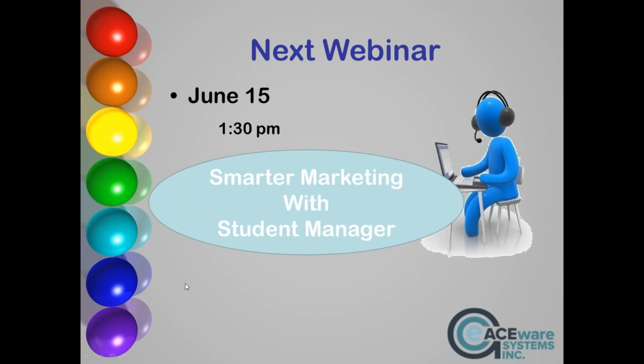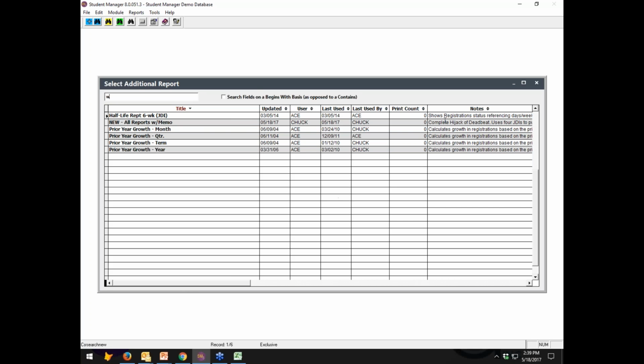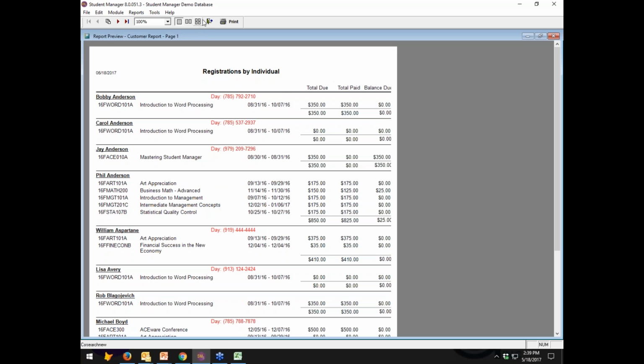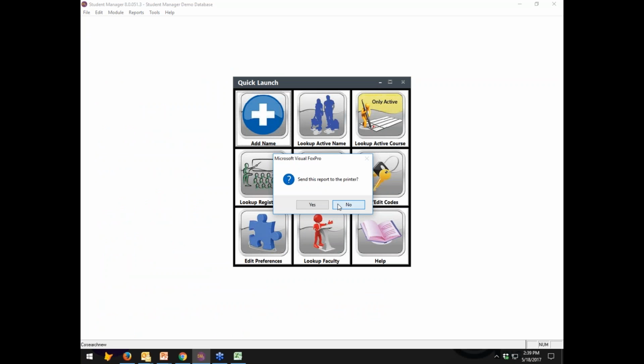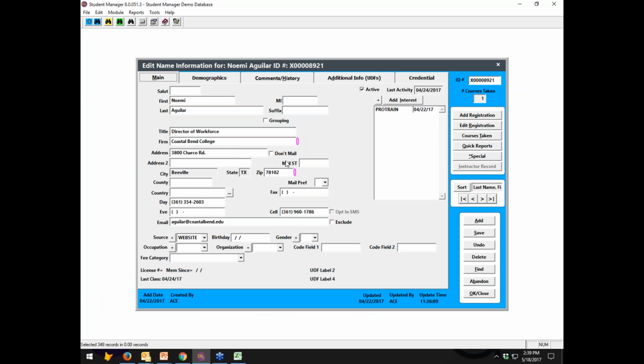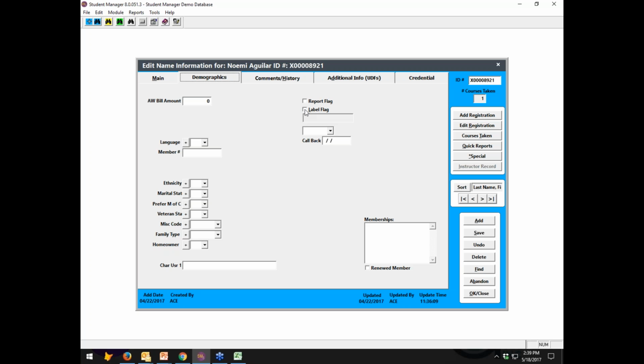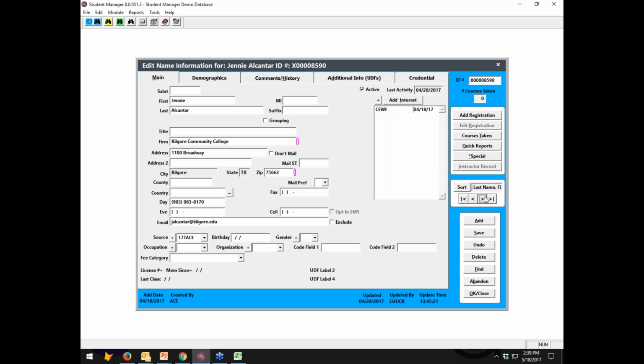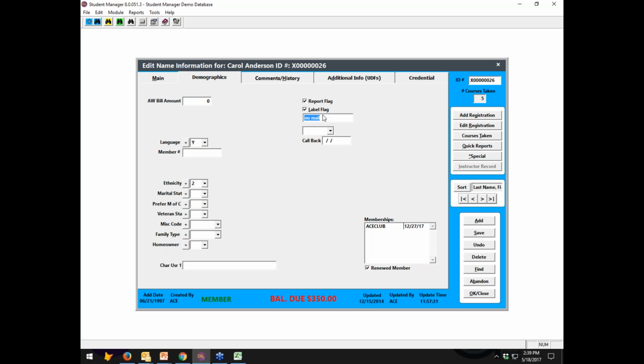All right, let me just jump back to manager real quick on that. Explain to people what we were talking about with the flag name. The mail label flag is under the demographics tab. If you click label flag, and let's say fall flyer, so we flagged that Naomi, and we're going to have somebody else. Carol Anderson wants a summer